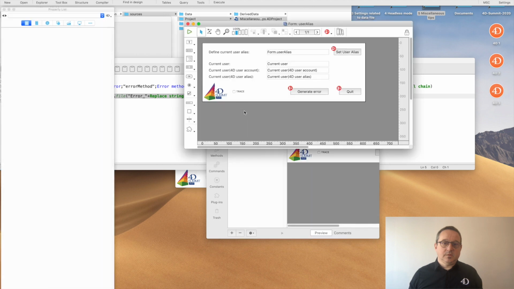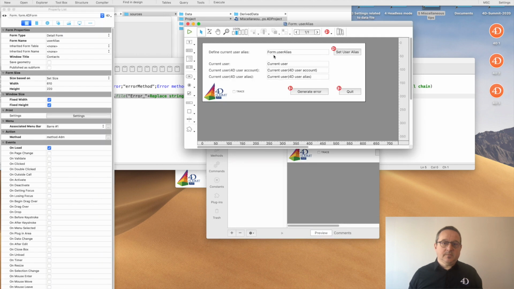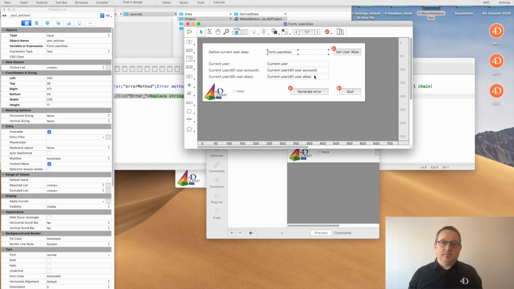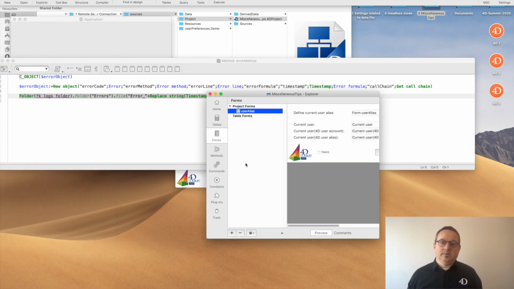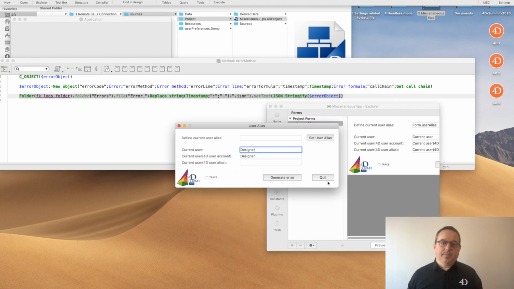You can see in your development, in the form, I only have a variable and the command. These widgets are bound to the command current user for the user account, current user alias. So it's very simple.